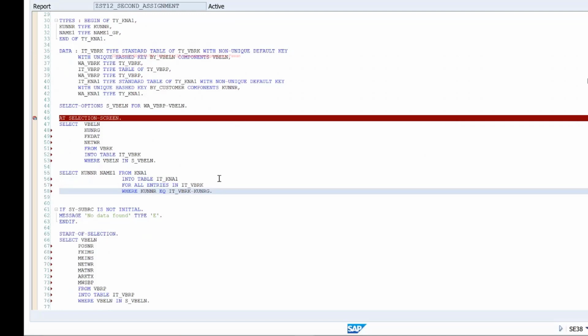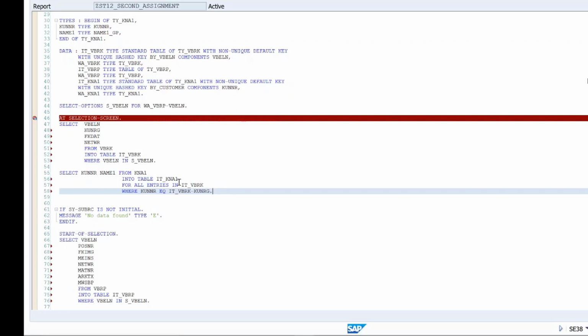There's another way of doing it which is using joins, but if you are just dealing with one or two tables, for all entries is more efficient compared to joins. If you are dealing with more than 3 tables, then joins can be more efficient provided you have the complete key in your where clause. But in SAP ABAP, we rarely deal with more than 3 tables. So if you know for all entries, if you're comfortable with this, that should be more than sufficient, right? We'll discuss joins later once you're more comfortable with coding. So for now, use for all entries.